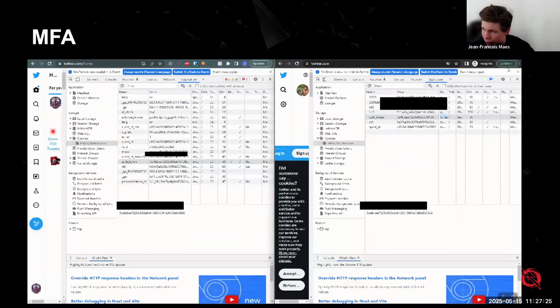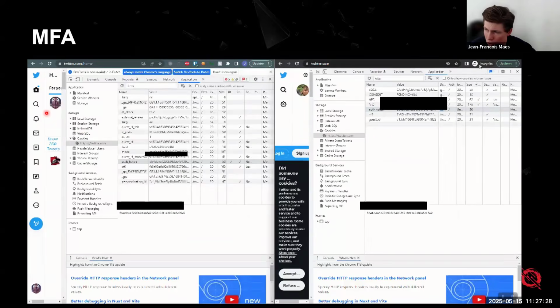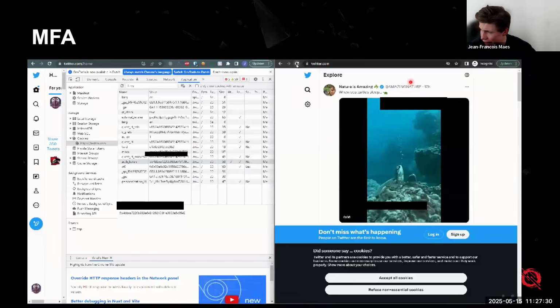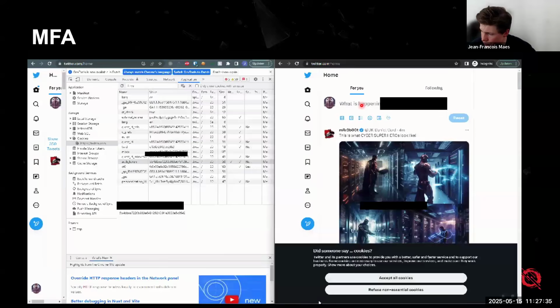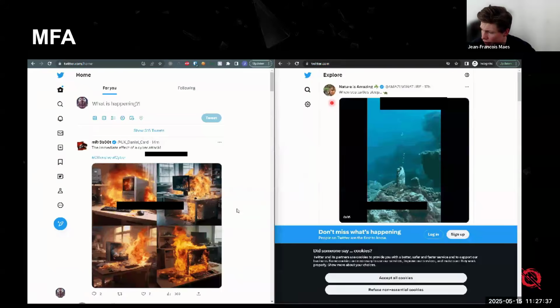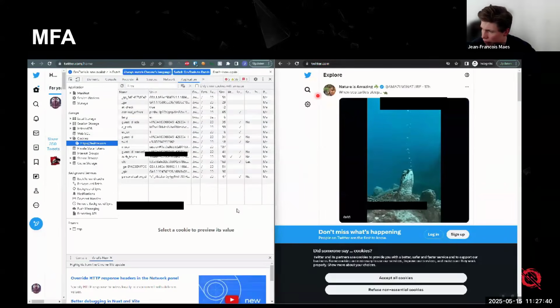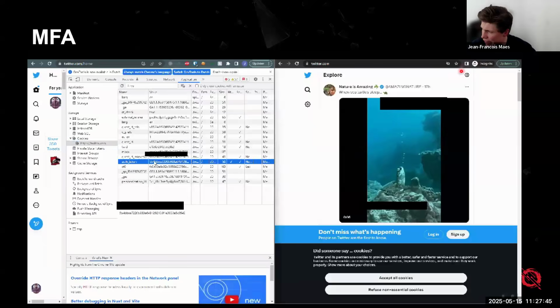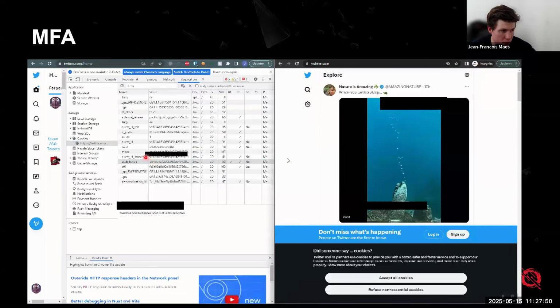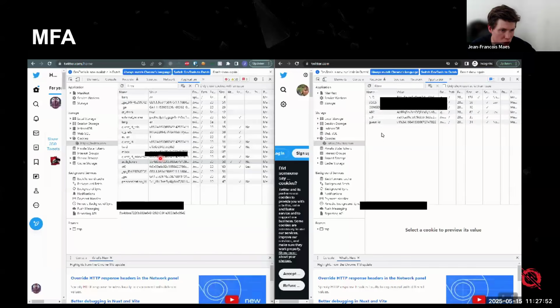So here on the left, I am currently logged on Twitter. On the right, I am not logged on Twitter, or I'm going to log out on Twitter at least. Because right now you can see that I am in fact logged on, but here I am no longer logged on. So what I'm going to be doing here is I'm using an incognito tab. So this is a new Twitter tab. I have this particular cookie right here that I'm simply going to inject into my browser session here. The auth token, copy paste.